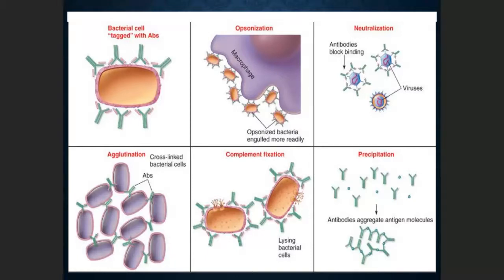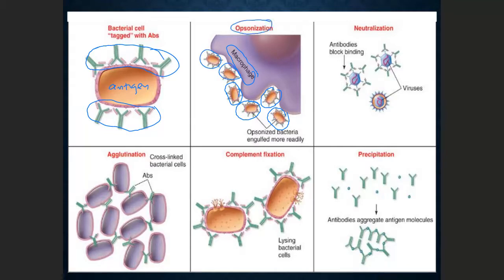Okay. Again, this is maybe the picture of that process. Like this one, for example, opsonization, when the antibody binds to the antigen and then makes the antigen become available for the phagocyte. In this case, it's macrophages. So when these antigens over here, which are bacteria, bind with this antibody, they become available for the macrophages to eat them. Okay, so this is what we call opsonization.